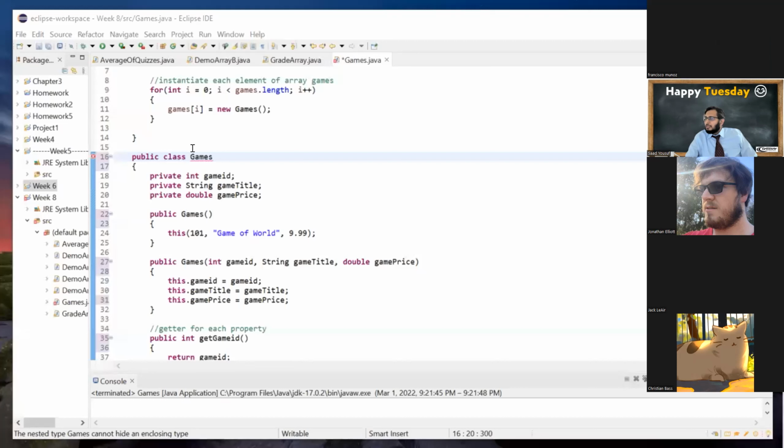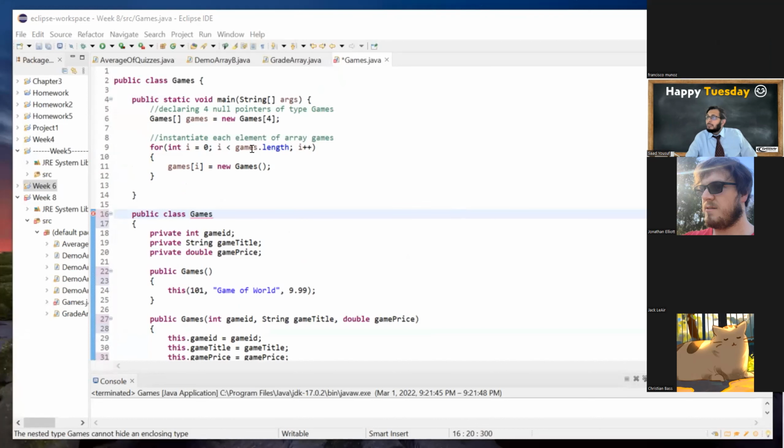Why do you have your public class game over there? Can you scroll up? No, scroll up to the top of your code. Why do you have that for loop and all of that stuff? What's that at the top? Why do you have line number 2 repeated on line number 16?